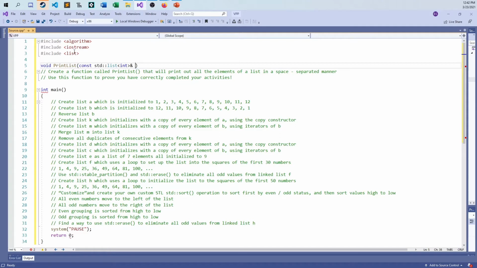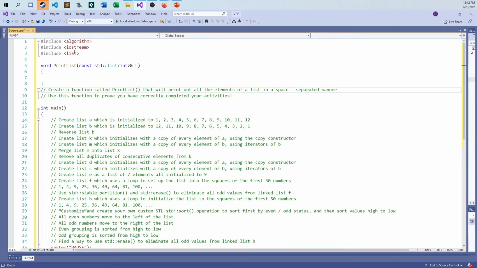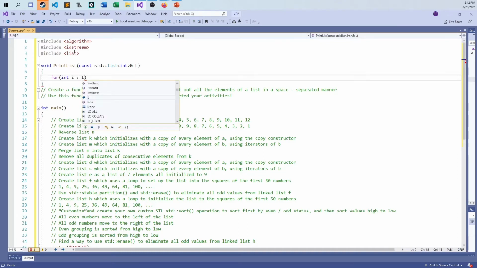You have read-only access to go through the whole thing and print out element for element. I'll call it giant big L. Maybe it's a terrible name, maybe it's not. For every item in this list I want to print, I can use a range-based for loop. I don't have to do anything silly with this thing. I can just say, for every int i in giant L,